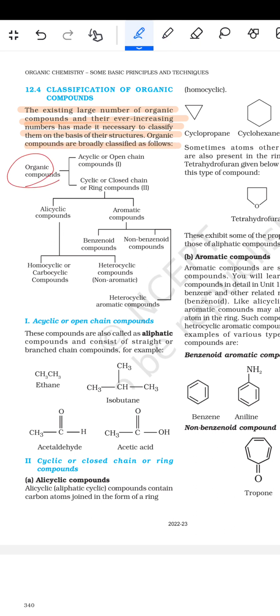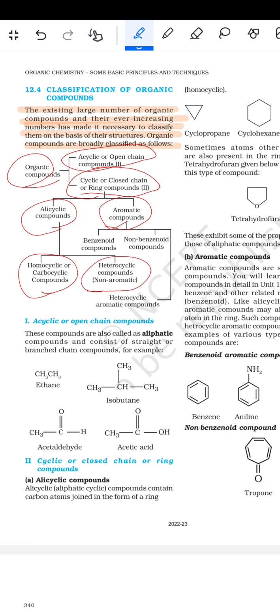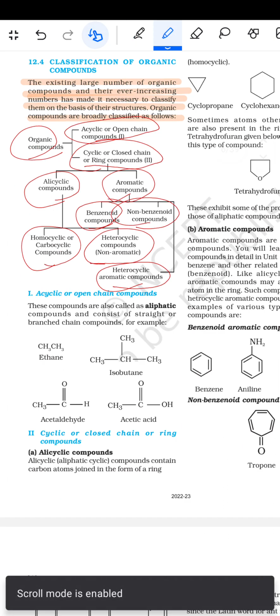पहले ऑर्गेनिक कंपाउंड्स को एसाइक्लिक यानी ओपन चेन कंपाउंड्स में, फिर साइक्लिक यानी क्लोज्ड चेन या रिंग कंपाउंड्स में, फिर रिंग कंपाउंड्स को एलिसाइक्लिक और एरोमेटिक कंपाउंड्स में, एलिसाइक्लिक को होमोसाइक्लिक या कार्बोसाइक्लिक कंपाउंड्स में, और हेट्रोसाइक्लिक कंपाउंड्स जिसे नॉन एरोमेटिक कहते हैं। फिर एरोमेटिक कंपाउंड्स को बेंजीनॉइड कंपाउंड्स में, नॉन बेंजीनॉइड कंपाउंड्स में और हेट्रोसाइक्लिक एरोमेटिक कंपाउंड्स में डिवाइड किया है।